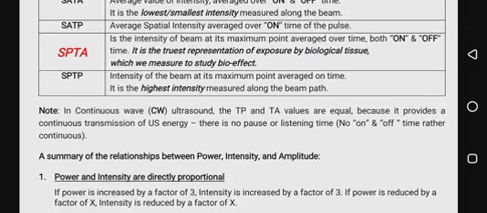Now note, in continuous wave ultrasound, the TP and TA values are equal because it provides a continuous transmission of ultrasound energy. There is no pause or listening time. In other words, there's no on and off time. That's why they call it continuous wave. Your continuous wave is what you use for your fetal Doppler and other Doppler issues. And the easiest you can find is this one the midwives use, this electronic fetal